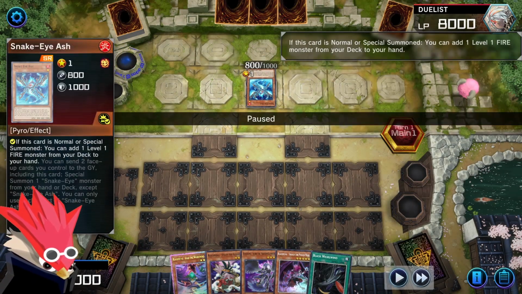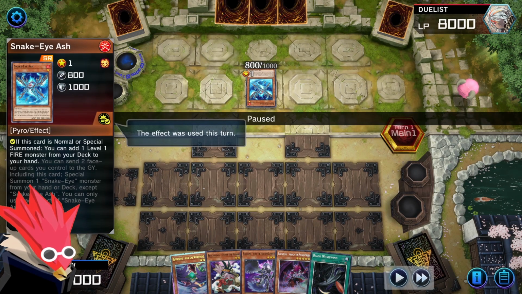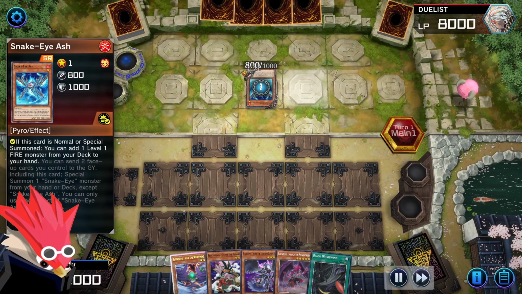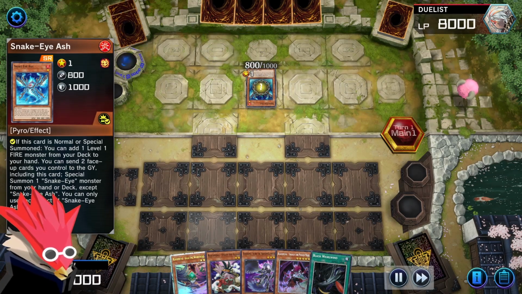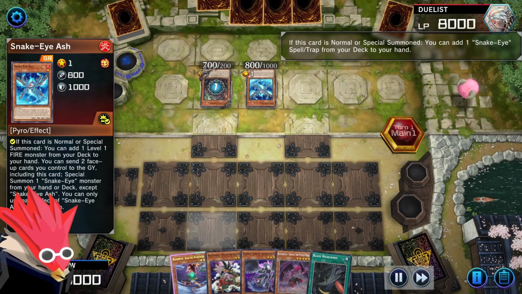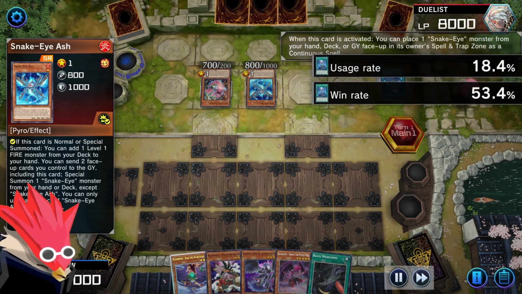First off, if you haven't played against this deck so much before, the Snake Eye Ash is something you want to try to negate. So if you have Infinite Impermanence, Effect Veiler or something, just try to play it on this card. But yeah, if you're gonna go first with Blackwings against this deck, two Blackwing Astral Dragons are actually really great because this deck plays a lot of monster effects,